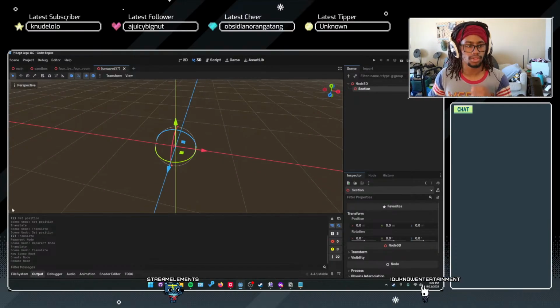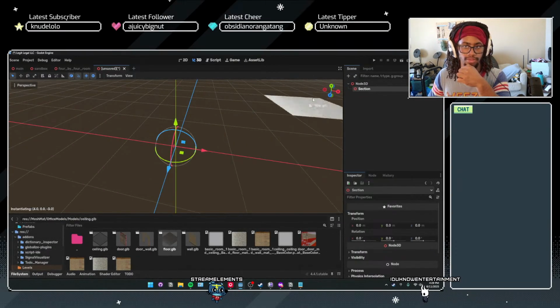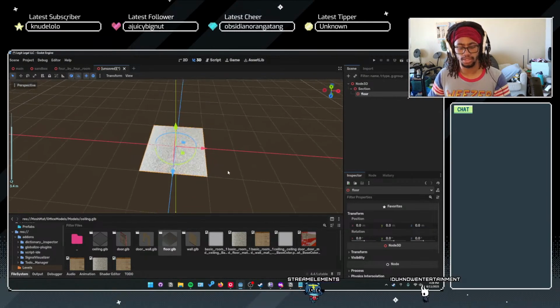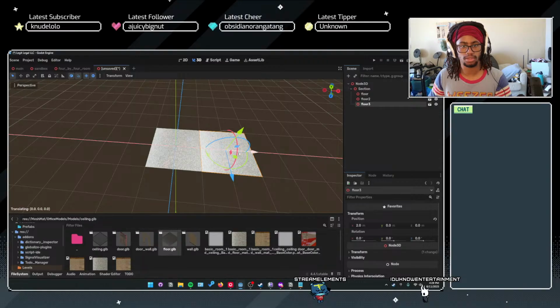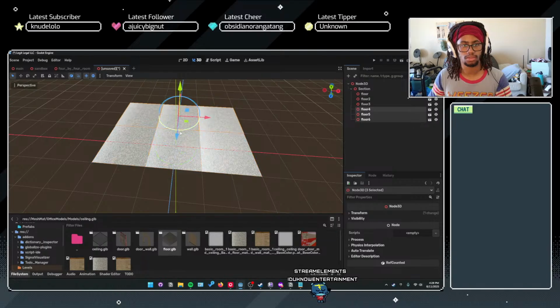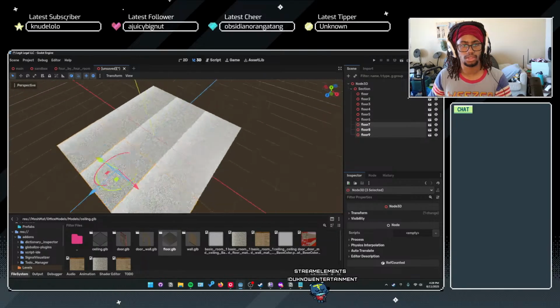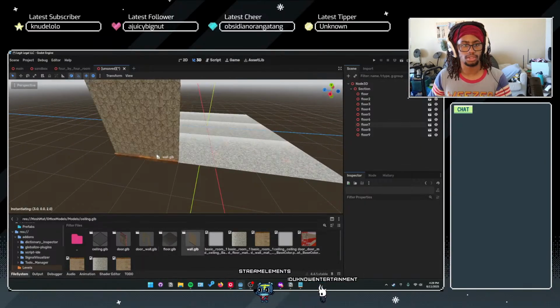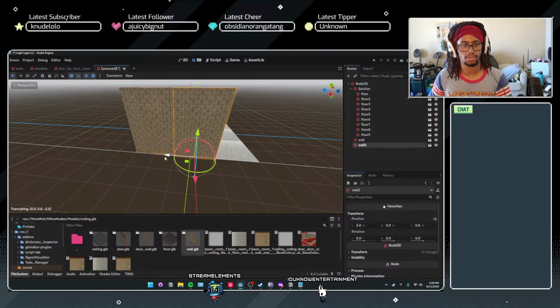Then on the sections, we need to add a floor tile, and make sure it's in the 0th position. Perfect. There we go. Let's bring in